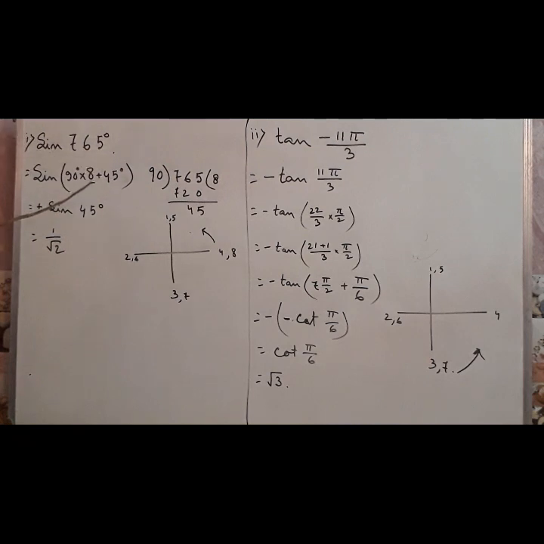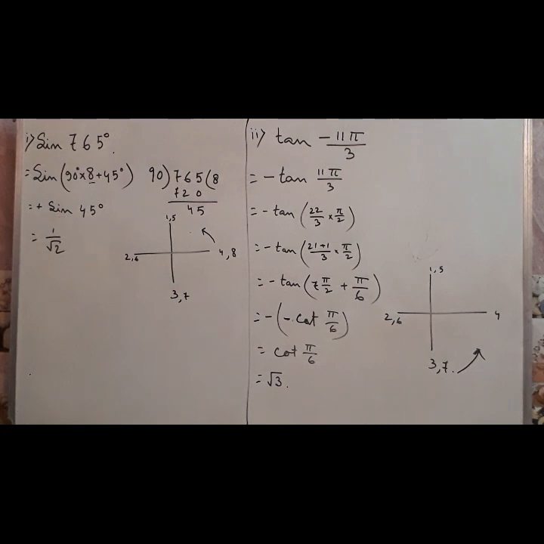Now you see the number that is multiplied with 90. If it is an even number, then keep the trigonometric ratio the same, that is sin will remain the same, and if it is an odd number, then sin will be converted to cos, cos will be converted to sin. If it is odd, tan will be converted to cot, cot will be converted to tan, sec will be converted to cosec and cosec will be converted to sec, if the number multiplied with 90 is odd. Here you can see it is an even number, so sin will remain the same.